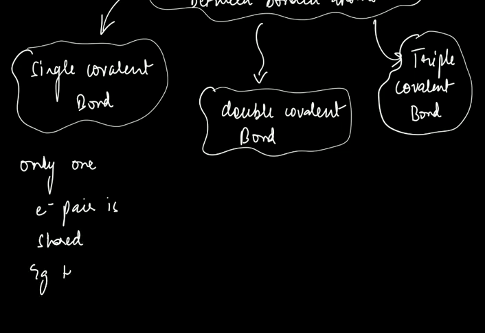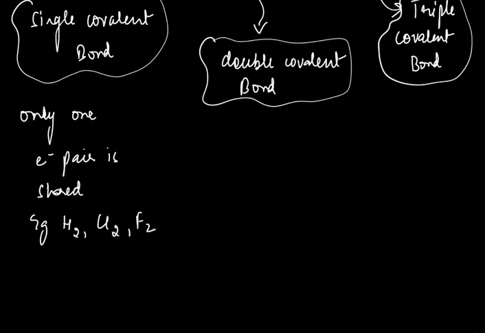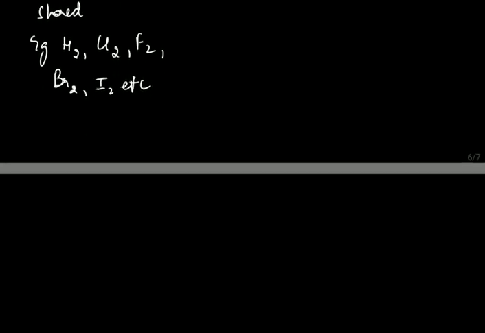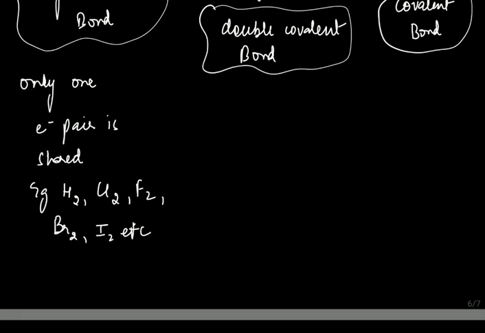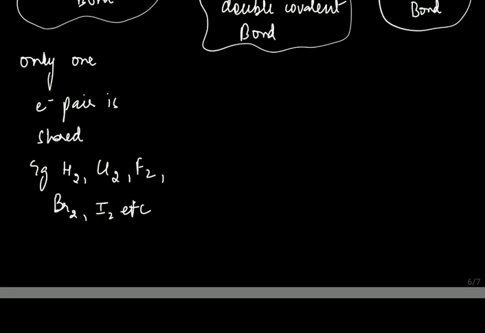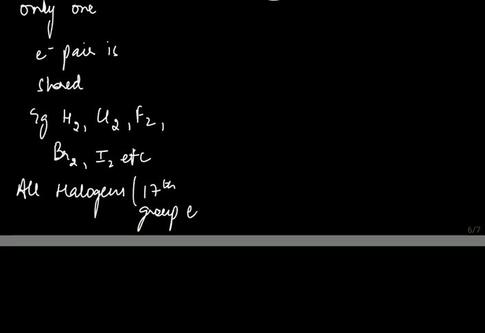So for example, you can write hydrogen, you can write chlorine, you can write fluorine molecule. Halogens are 17 group elements: fluorine, chlorine, bromine, iodine, etc. Over here I'll just show one halogen molecule, so that you can practice for the rest also. And do remember, all halogens are nothing but 17 group elements,